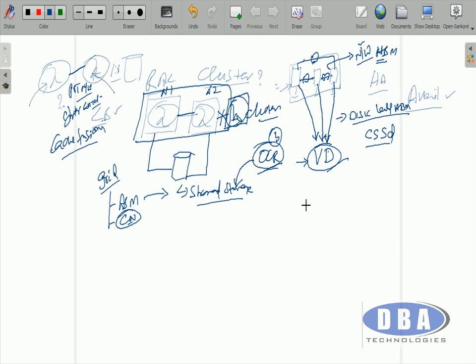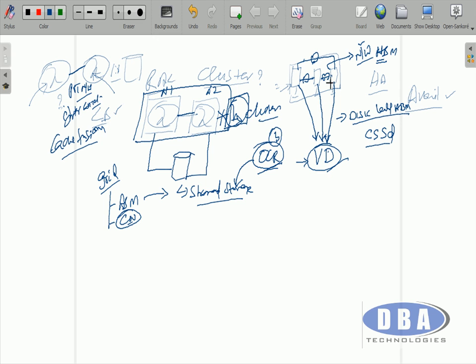Okay, now we got what is voting disk, the purpose of the voting disk. By the way, anyhow this is being verified by CSSD internally. So as long as we verify this, why do we need this voting disk? Voting disk is the second level of verification. Why do we need a second level of verification? This is not good enough to say that, hey, these three nodes, these three servers are intact.